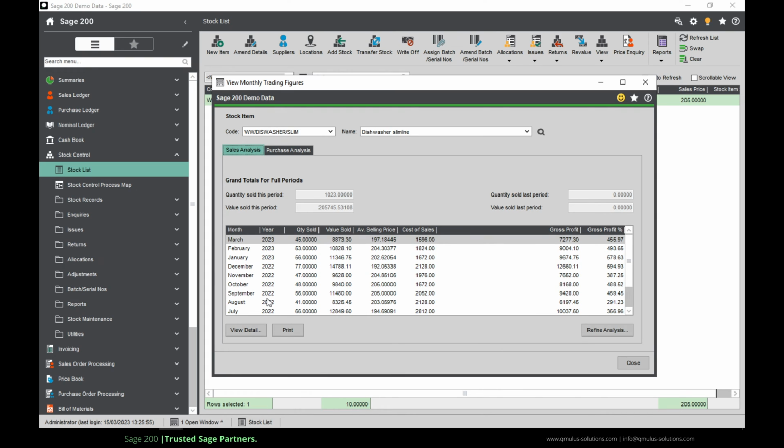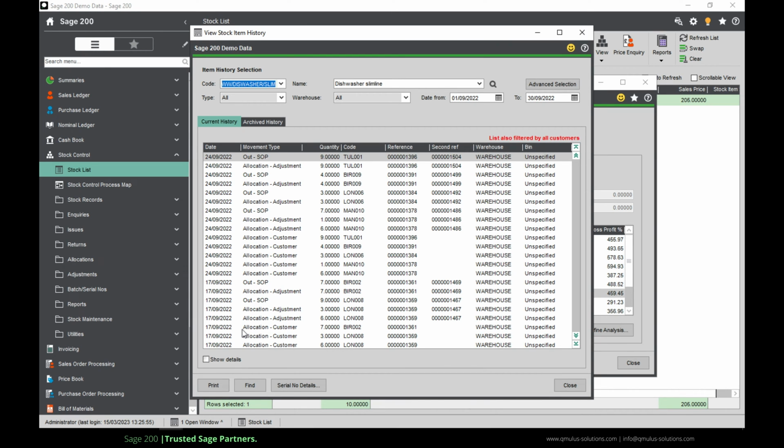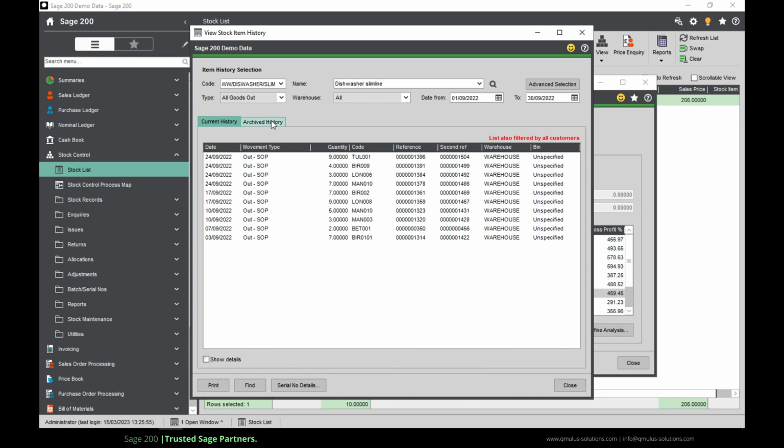If I go back to sales, I'm interested in September 2022, and we sold 56, but I'd like to see the individual invoices that were made up of that 56. If we click on our detail. Now at the moment, of course, we're looking at all the history. I want to refine that to look for just the goods out, the sales. There are our sales invoices. We can click on any one of these and look at a bit more detail.